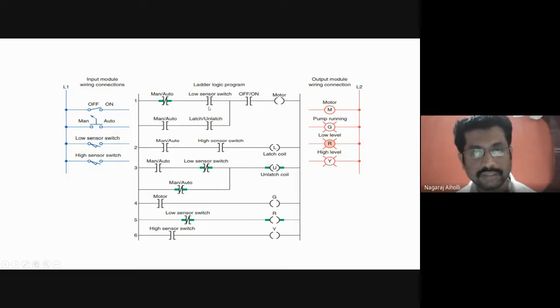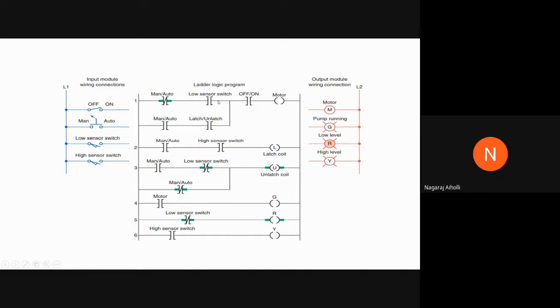Then the low sensor switch, this is normally closed. Here, when the power flows from here, the low sensor switch will be activated or deactivated. It will be activated if you have closed the low sensor switch here, is it not? This is the symbol of the limit switch that we discussed in the previous class, and this is the selector switch. Manual auto mode is a selector switch. The limit switch is activated only when the current reaches a particular limit. So when the low sensor switch is closed, this will get closed here, and only then it will turn on.